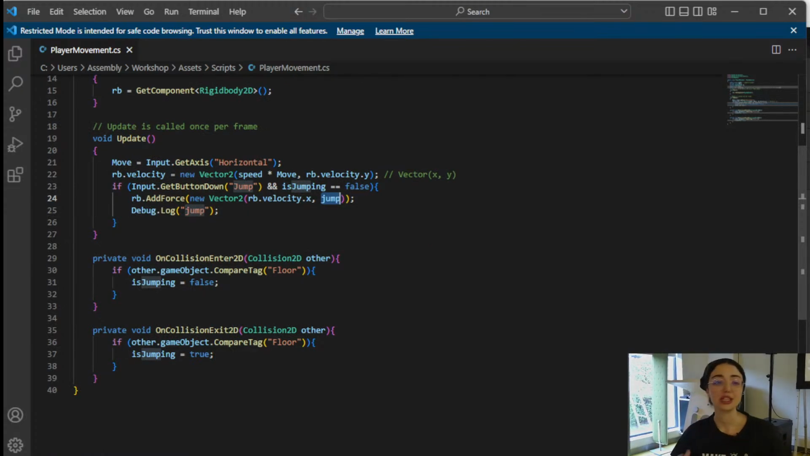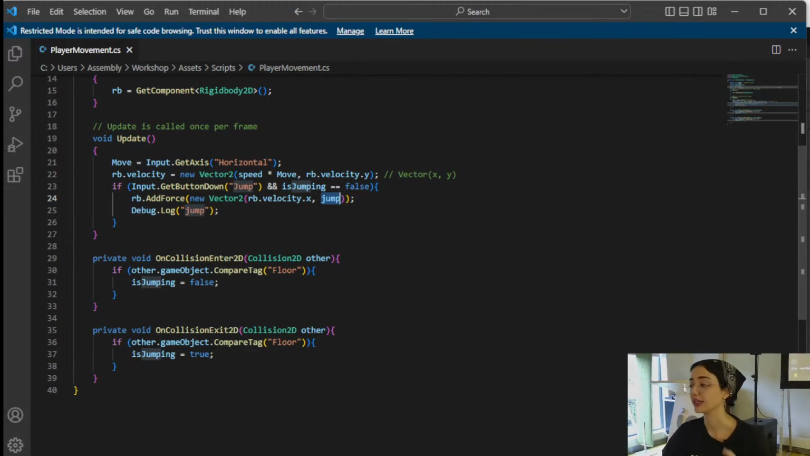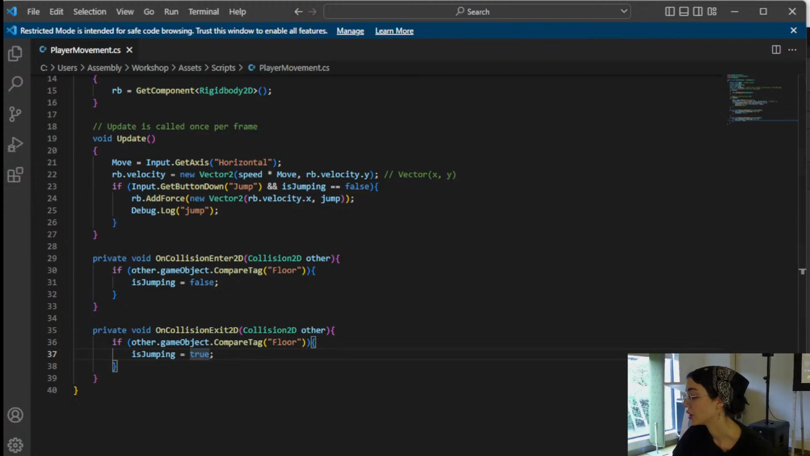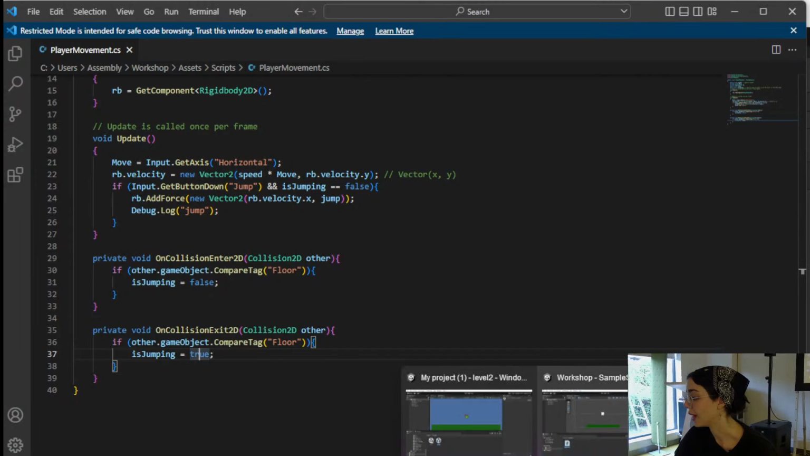So now to make sure whether we know that it's jumping or not, we're going to create an on collision enter. This collision enter is the reason we added tags to the player and to the floor. If the player is in contact with the floor, so we're going to compare the tag, then the jumping will be set to false. Otherwise, we're going to create the same exact function, but we're going to set jumping to true. So this will constantly check whether the player is jumping or not. So let's save this code, go back to our Unity game,